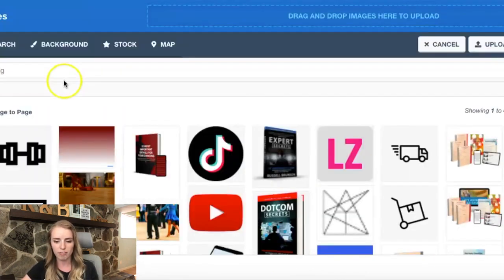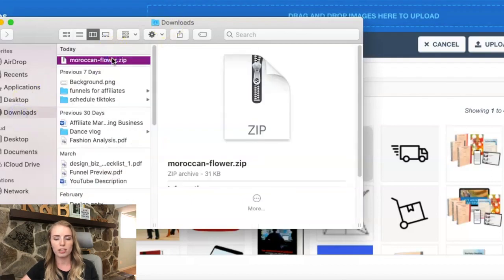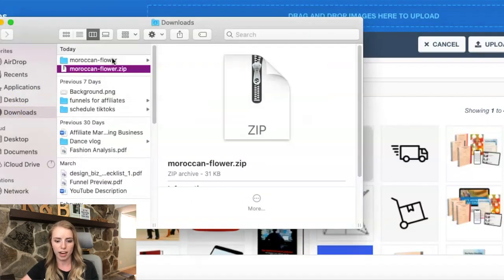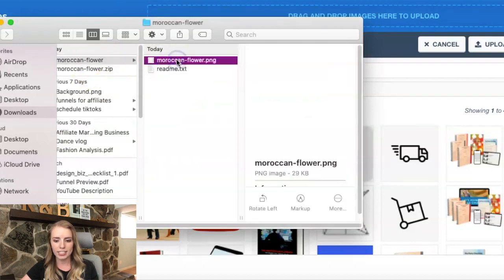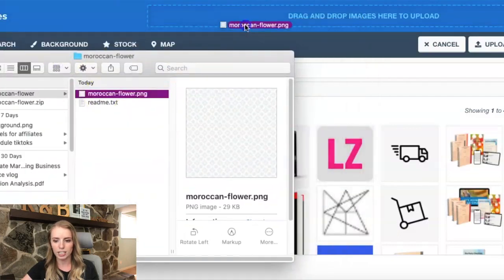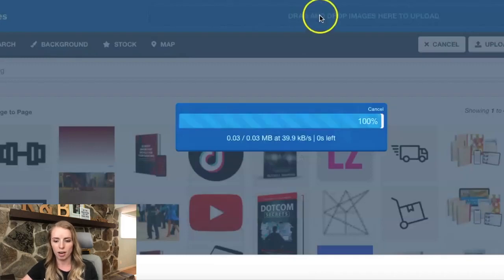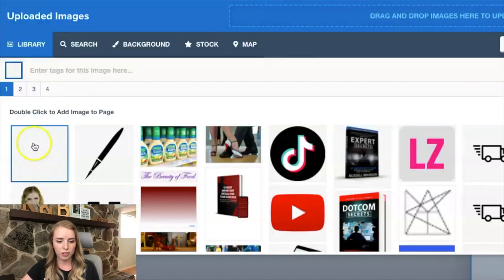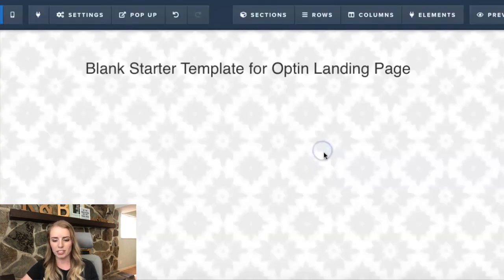And if I go back to my funnel here, I'm gonna open up my Finder, click on downloads, and it automatically will download it as a zip file. So you just double click on that, it will open up a little folder, and this is the image right here. So if I just drag this down a little bit, I'm gonna click and drag and drop this into ClickFunnels, and it will go ahead and upload it for me. So now right here you can see it is selected with the blue little border around it, and I'm gonna go ahead and add image,